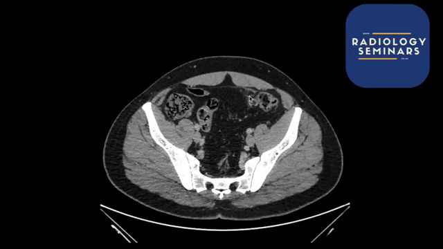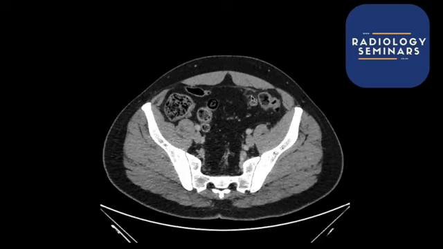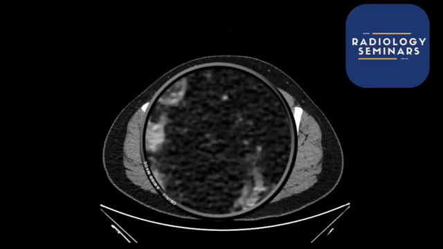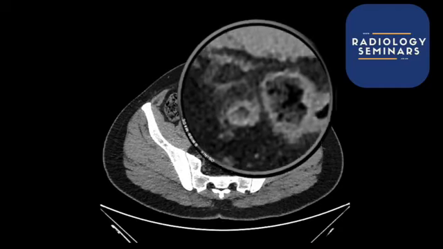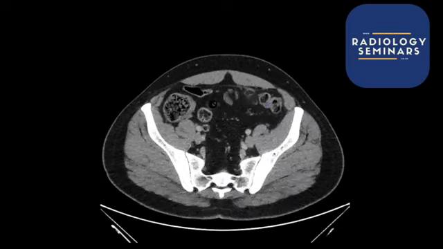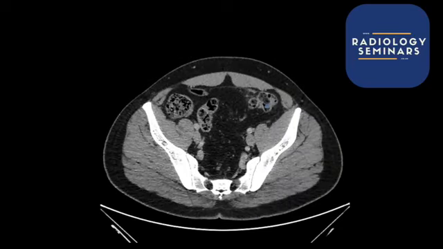area here, can you see the fat looks a bit stringy or strandy? Fat stranding is what we call it. And if you look at the fat there, compared to the fat here, compared to the fat here, it doesn't quite look the same colour, or the same density. That fat in this region here, can you see that? Compared to the fat in this region here, is very different. It looks a bit more dense. And so that is inflammation, okay? And that is actually